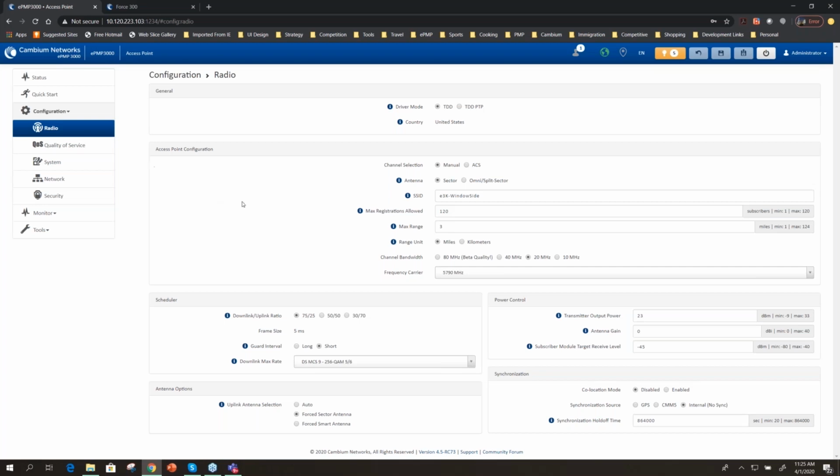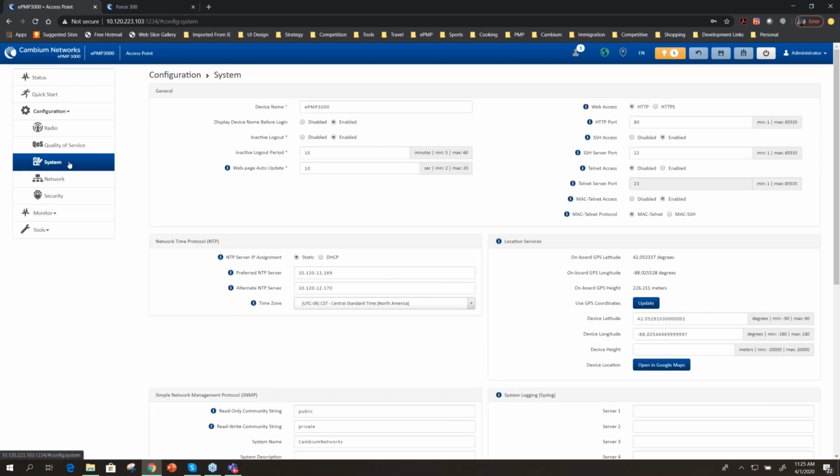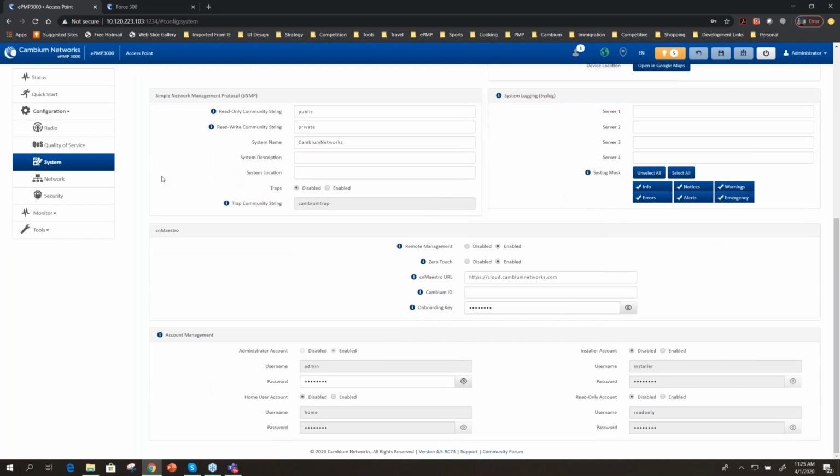A few other things that I want to highlight beyond the target receive level. You'll notice, let me just show you here real quick, that as I come over to quality of service, MIR support, that's already been there for a while. Nothing really to do there. System-wise, not much to do there either. This is all more or less the security settings and things like that. Moving ahead to monitor,